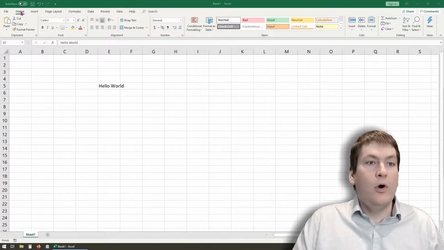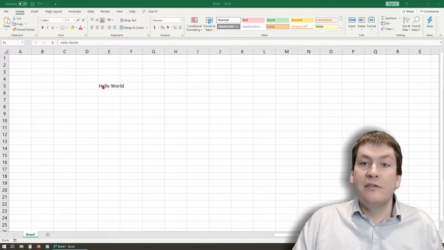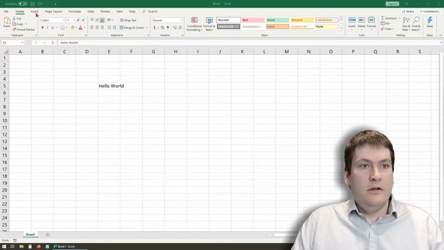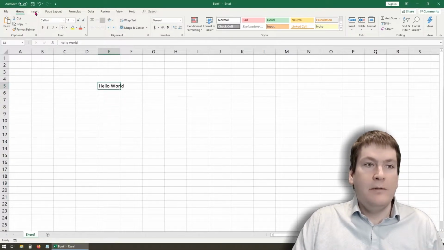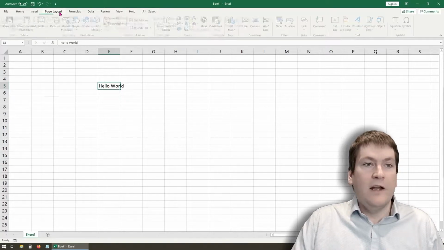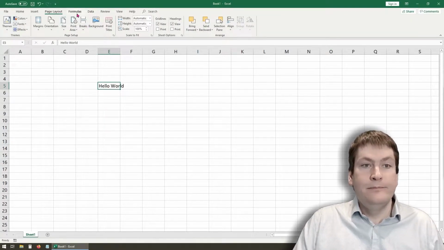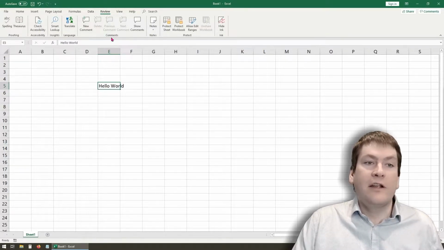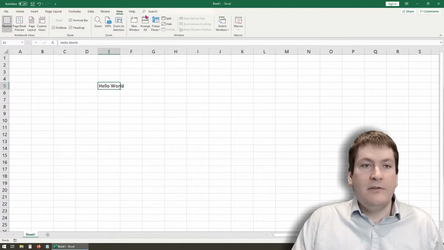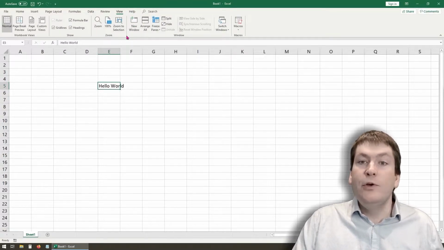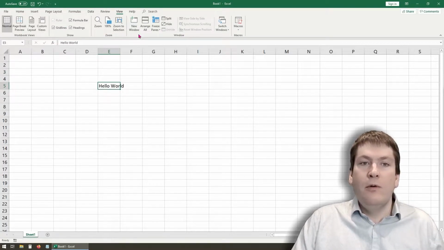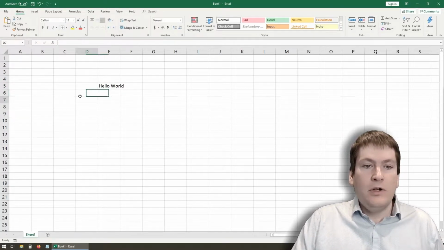So right now we are on the Home tab, and the Home tab mostly displays formatting options to change how our cells look visually. We also have tabs for inserting new items into the sheet. We've got ones that affect this page layout. We have ones that are for inputting data into your sheet. We've got review features like spell checking. And we have things that change how we view or visualize the sheet, like zoom level, if we're displaying grid lines or not. And we'll go into some of these in a bit, but for now we're going to focus